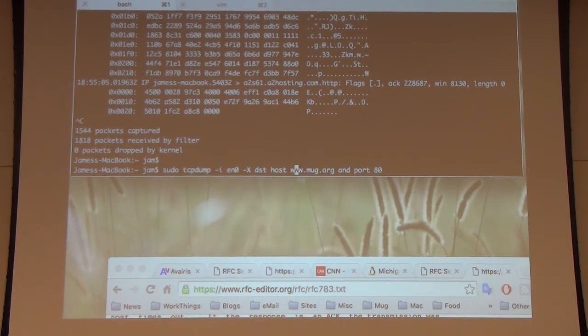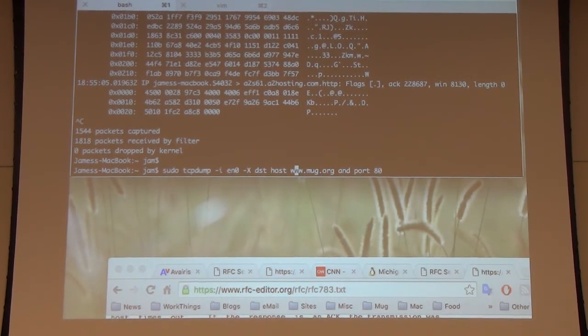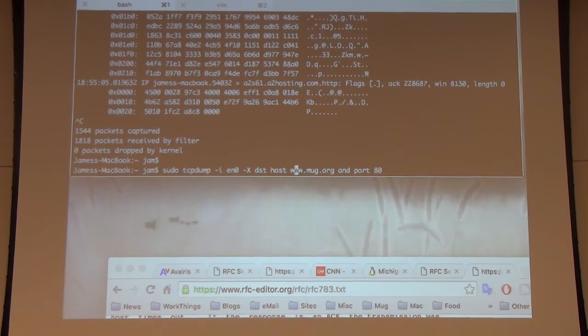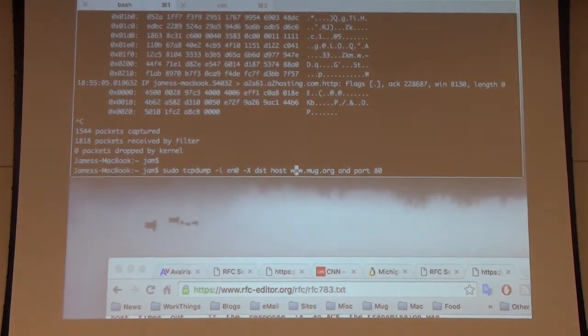You can do deep stuff, like you could say where the proto is TCP, and where a certain flag in the TCP IP header has some value. So you can look for ACK packets or SYN packets or reset packets or whatever kind of packets you want. It's fairly involved. That's all given to us by the PCAP library, which